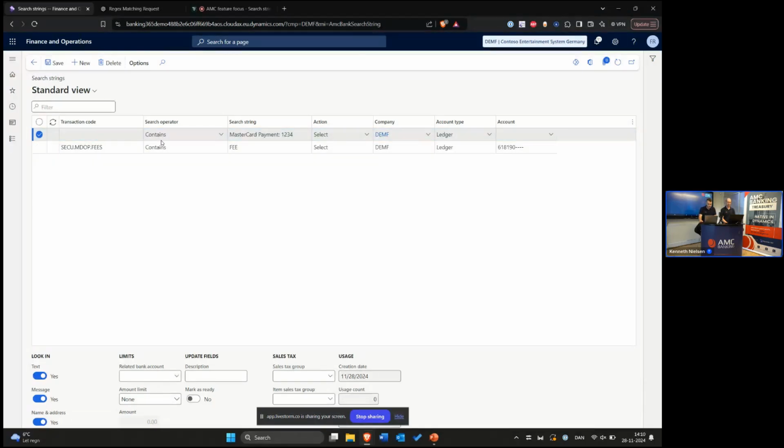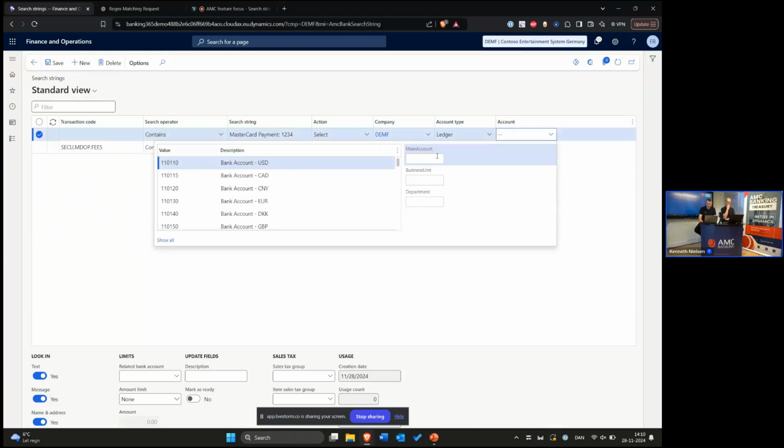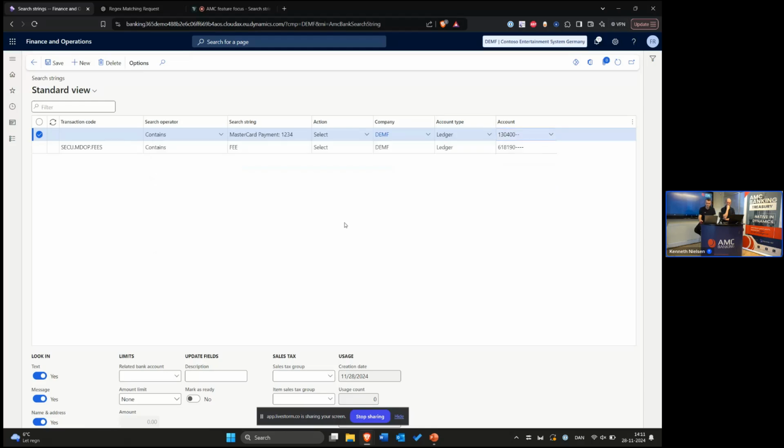All right, so I'm creating another one, MasterCard here. And let's see if I have any credit card. Yeah, it's receivable. It doesn't matter. All right, so this is another one. Of course, again, I should look at this 1, 2, 3, 4. Is that a date? Then, I mean, we can create a rule for that. Is it an amount? Then that might also differ, and I should maybe only create it on the MasterCard payments